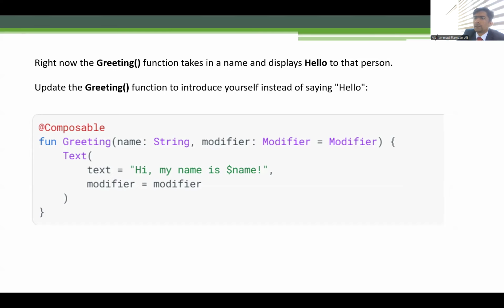So to update the greeting function, introduce yourself by saying hello. You can simply type this code: fun Greeting, and then text is equal to "Hi, my name is", and you can write your name. As you remember from our Kotlin practice, if we write a dollar sign, by default your string will be reset. In the slide, it is mentioned text is equal to "Hi, my name is $name". Whatever name you write, your string will automatically be set. So the next is